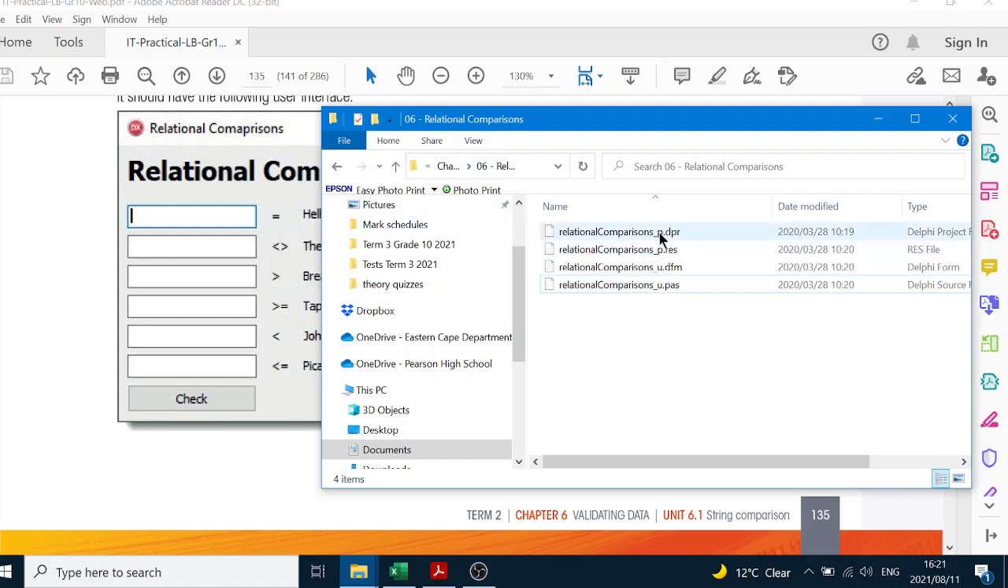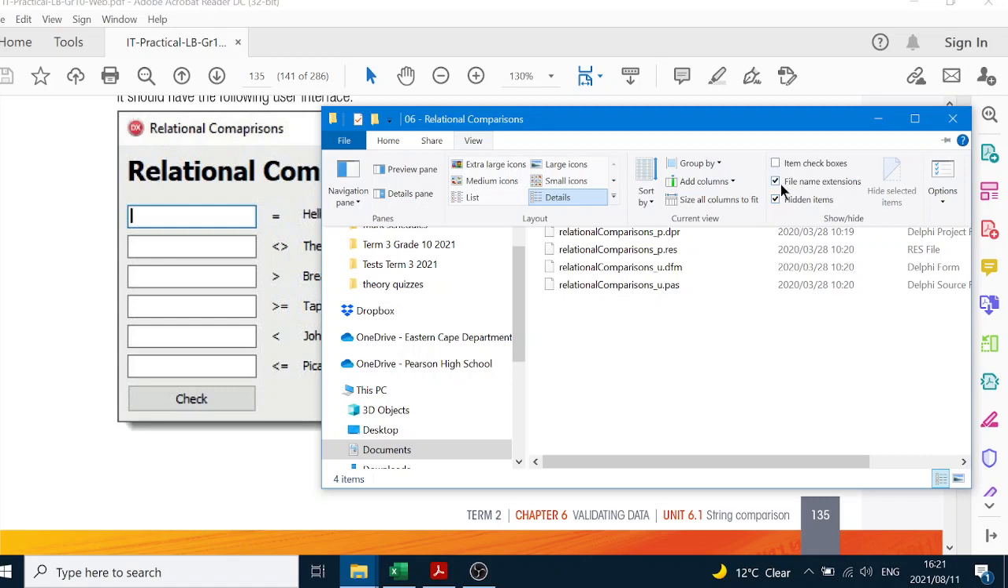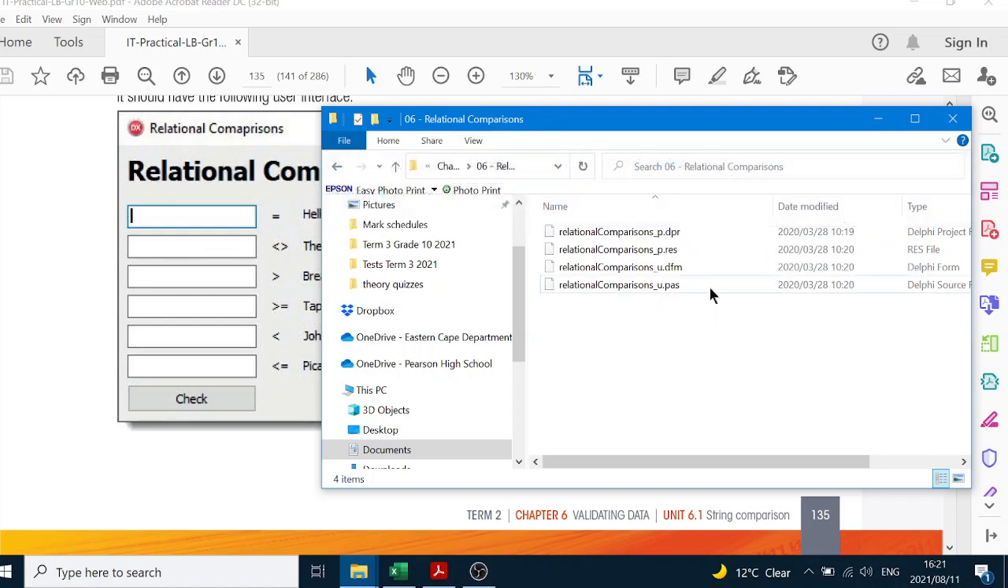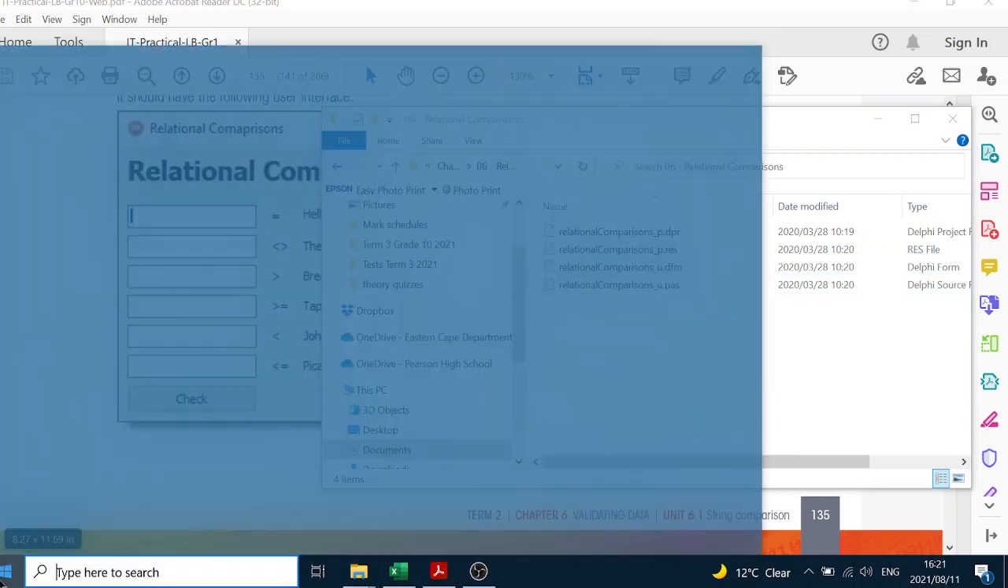If you don't see those extensions, then you can go to the view and make sure that file name extensions are ticked and hidden items is ticked. So you need to go to view and make sure those are ticked so you can see those file extensions. So now we can go and open it. So of course I have to open